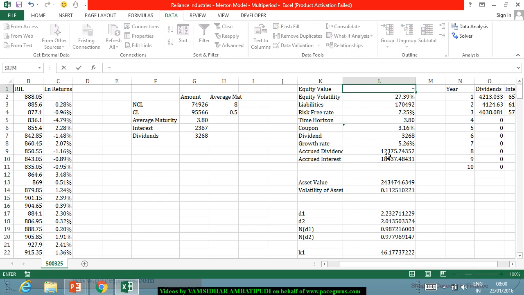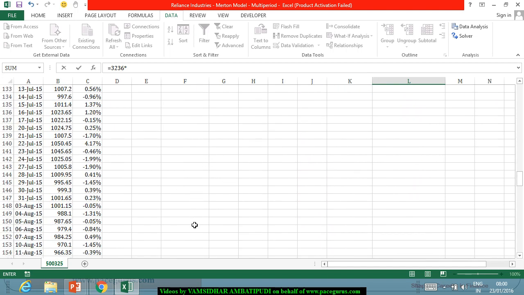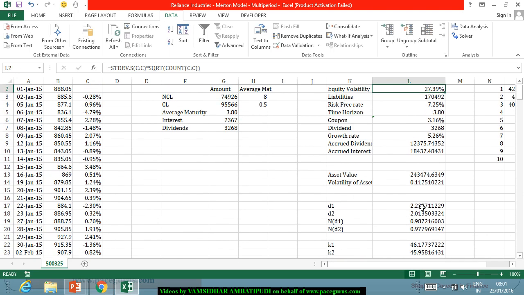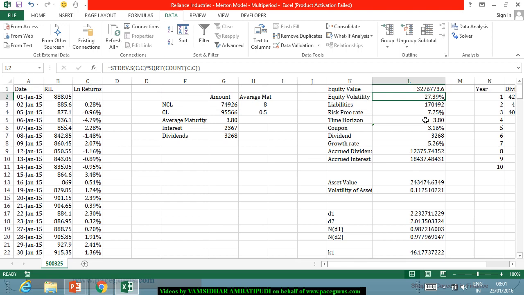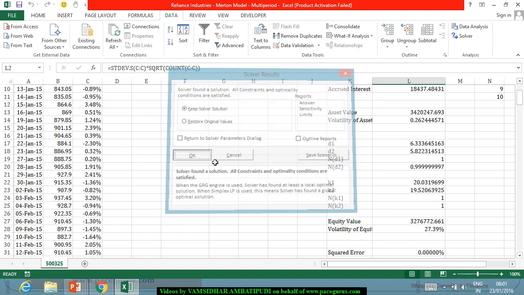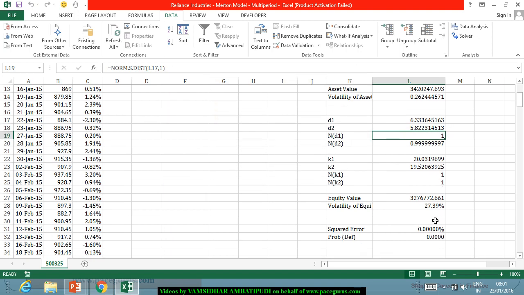So there are 3236 crore shares multiplied by the share price, the recent one. So this is giving me that. Let's go back now and run the model again. So this time it is telling me that the default probability ND1 is this much. Now the probability of default here is coming out, so 0.9999,